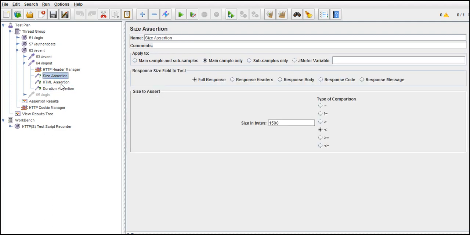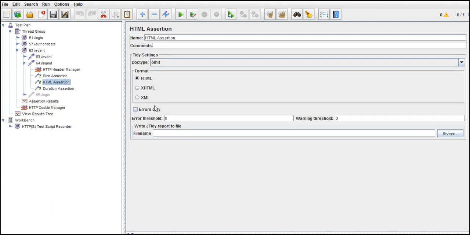And next is HTML assertion. There is nothing to do here. It simply says whether the HTML code of the request you are processing is as per standards or not. Might be it looks for whether there are any tags missing or any kind of coding standards deviation, it will throw us an error. You can give that up to here, the values are there, right?